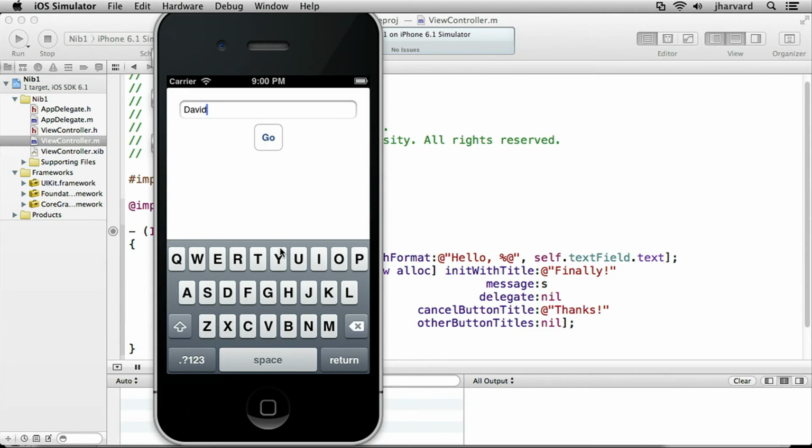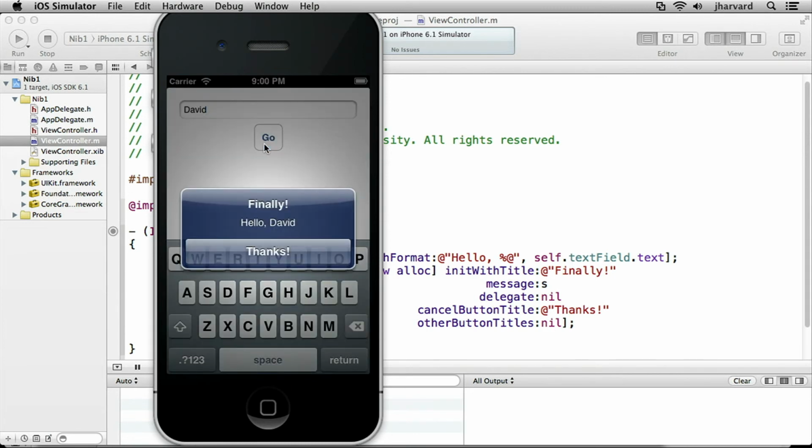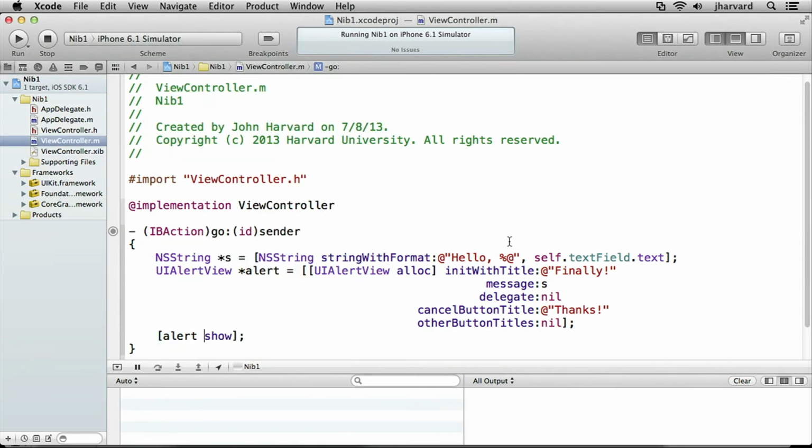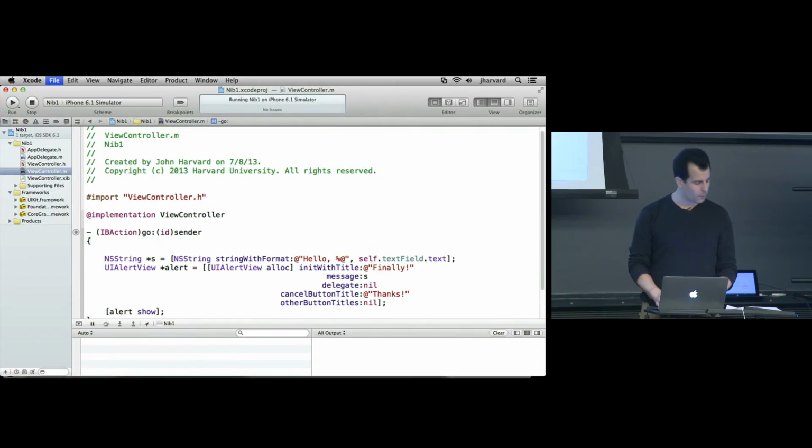So I can be a little more anal here. I'd like to make this a little sexier. Like when I see that prompt, when I click go, why is the keyboard still there? Right? Like you're seeing it through the translucent button. Let's clean this up. And I would only know this by Googling around a little bit. But what I'm going to do here before we actually display that alert is I'm going to do